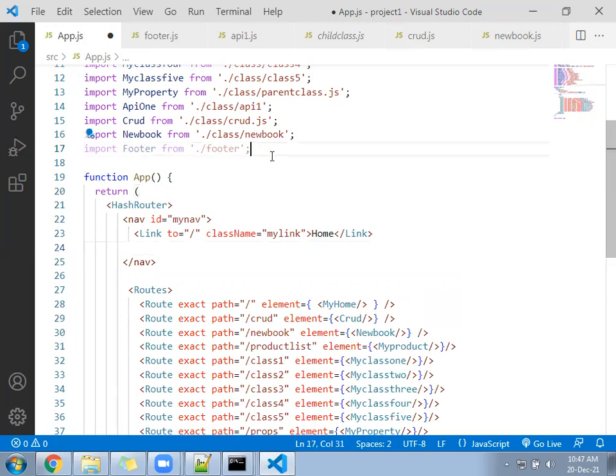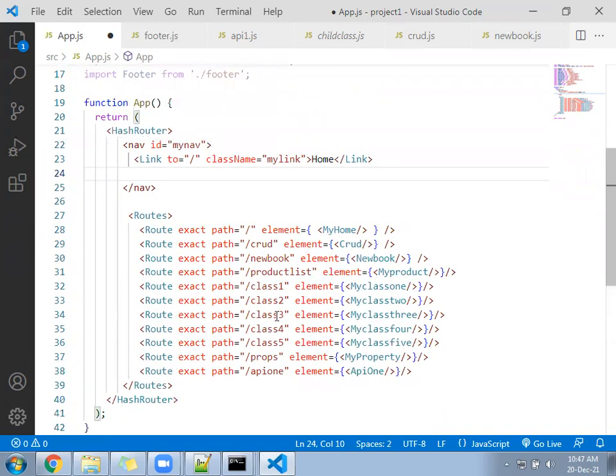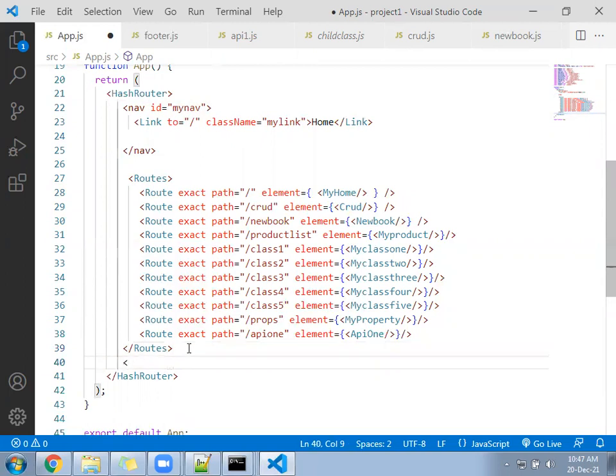Now you imported footer and you removed all the links. After doing that, we can come to the last, and here we are calling the routes. After the routes, you can call the footer.